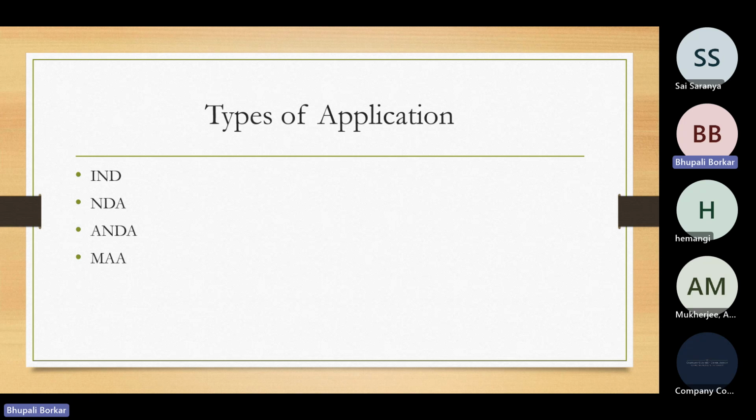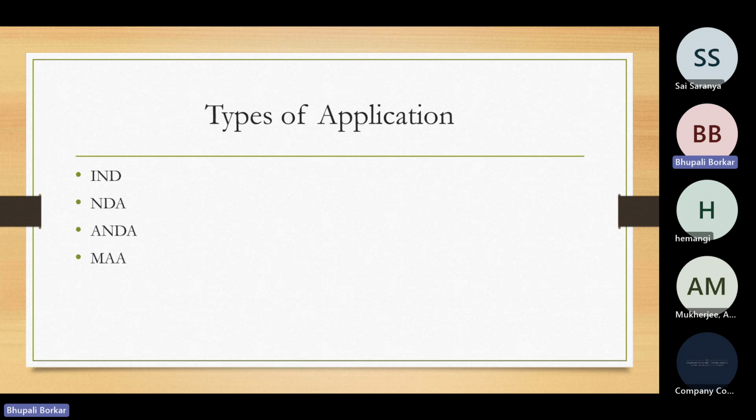A new drug application is for when there is an innovator, a new molecule which is investigated. At that time we go for a new drug application. And then we have ANDA, the abbreviated new drug application, which is mostly used for generic products. As you know, an innovator has exclusivity of 10 years. Once the 10 years are done, the other companies, which are mostly generic companies, are ready to market their own formulation. For generic products, we have to take ANDA.